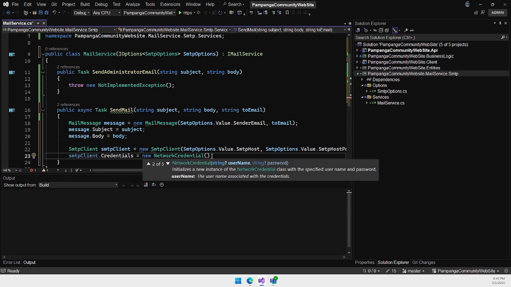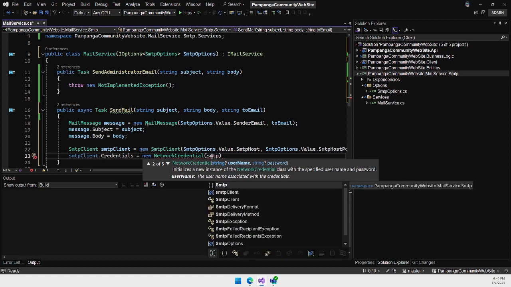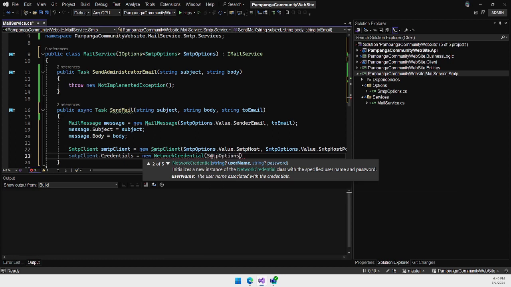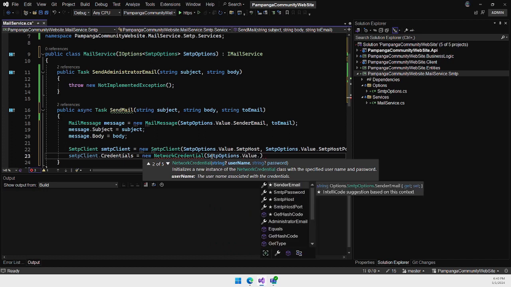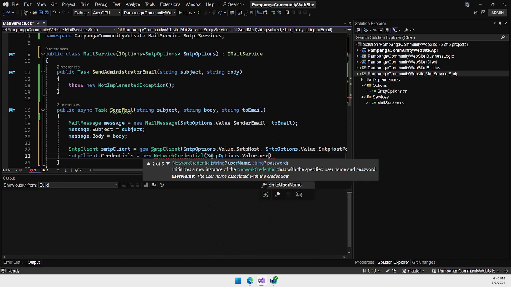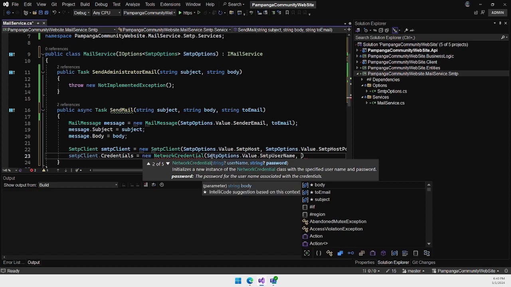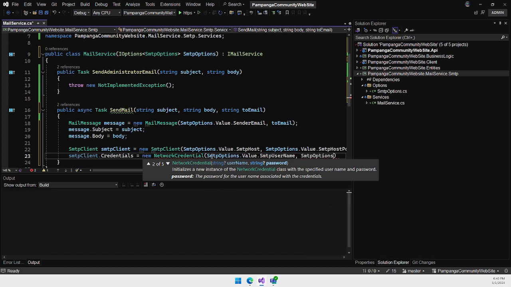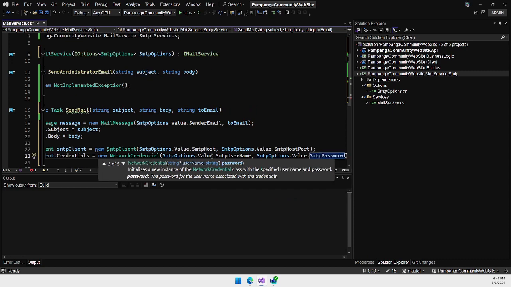What will we use? Only username and password, because it's what we have in our options. So SMTP options, that value, that username, and SMTP options, that value, that password. Okay,